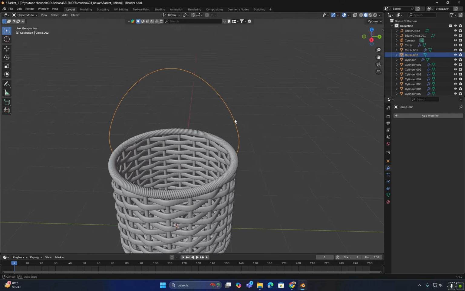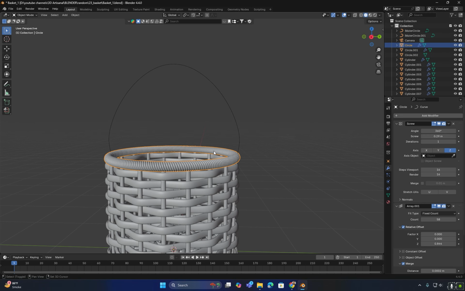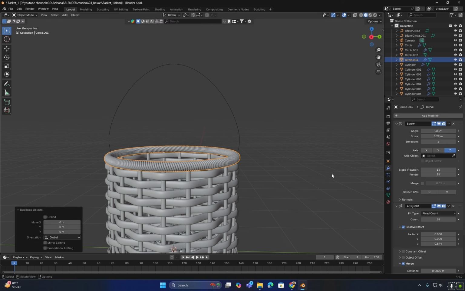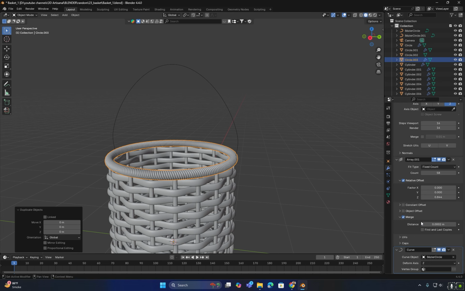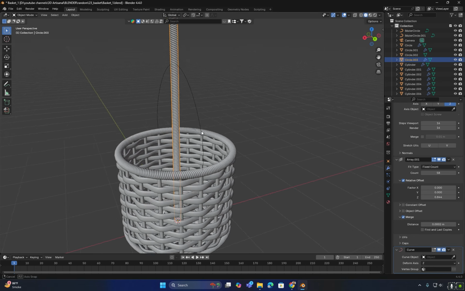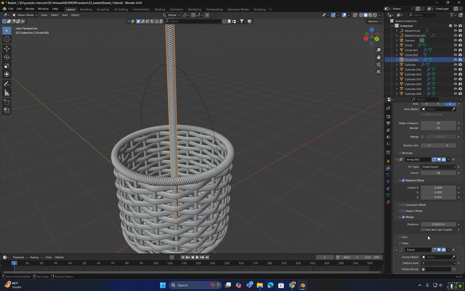After that, I will select this design and duplicate it by pressing Shift plus D. Then press Escape so the duplicated part stays in place. Now I will remove the curve object in the Curve modifier and use the eyedropper tool to pick the new handle part. It's not picking up because I have not converted it to a curve yet.